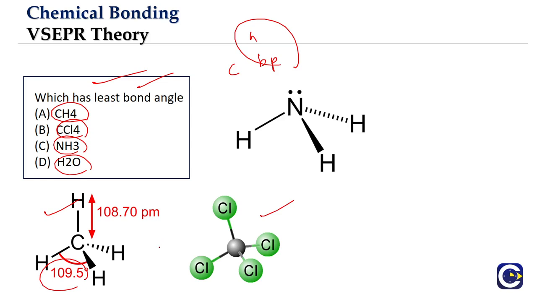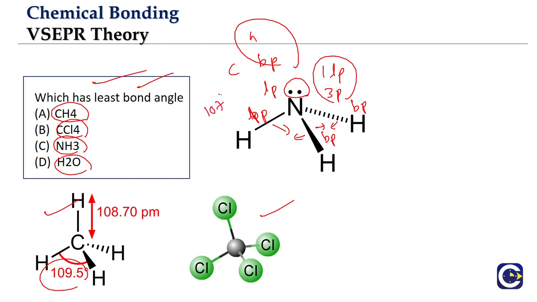We already talked about it. In ammonia, there will be 1 lone pair for the nitrogen and 3 bond pairs. Arrangement is tetrahedral, but one of the positions is taken by the lone pair. This lone pair bond pair repulsion will be dominating over bond pair repulsions. As a result, these bond pairs will come a little bit closer, and we said that the bond angle will be coming closer to 107. It will be reduced. It will be less than the tetrahedral bond angle.